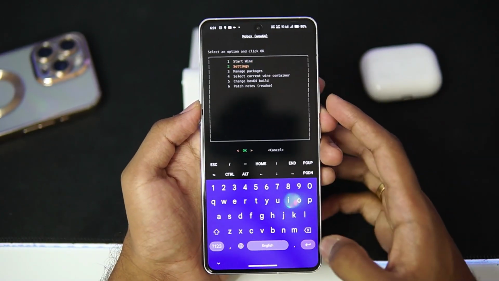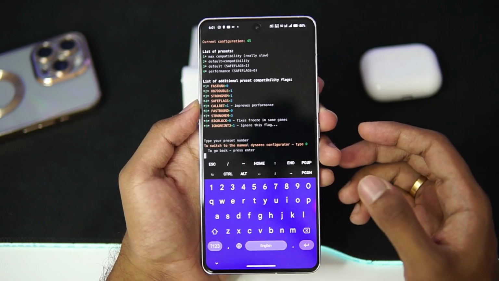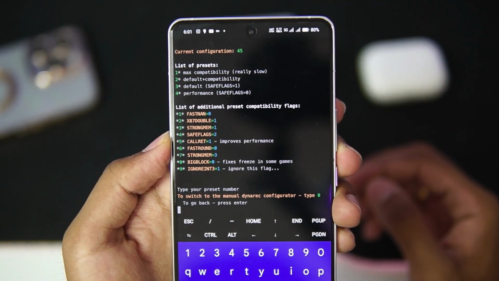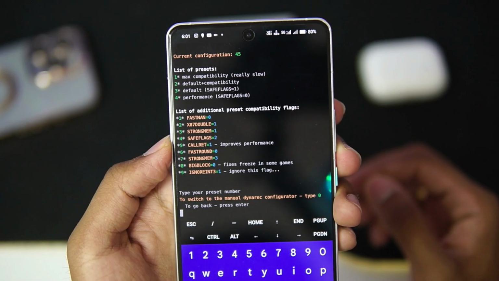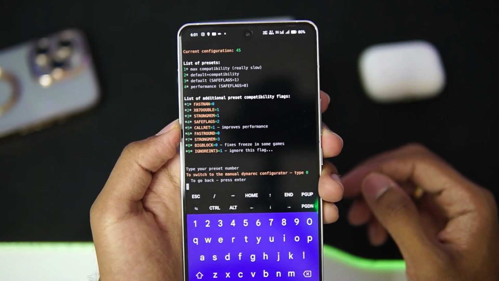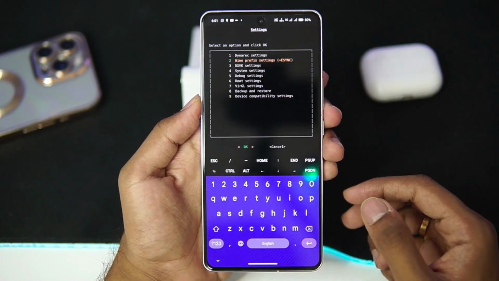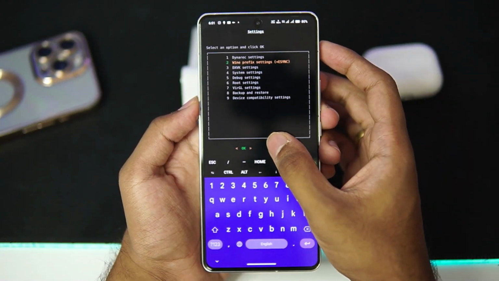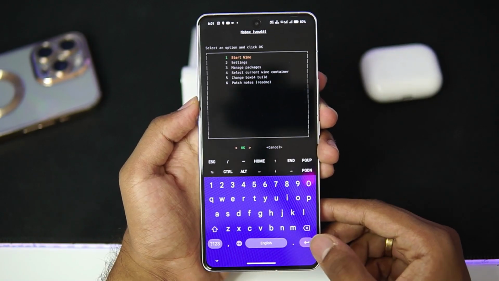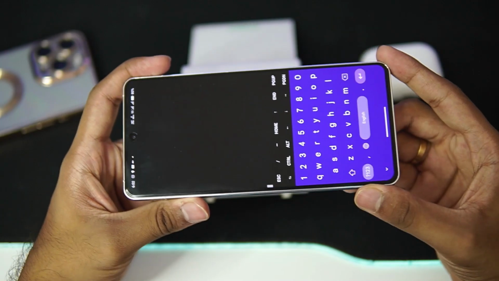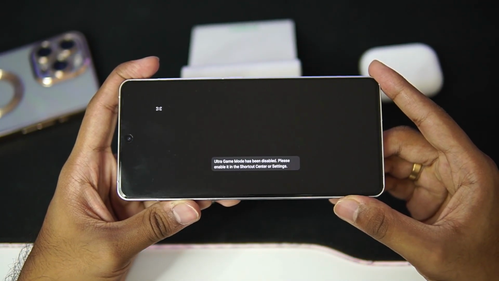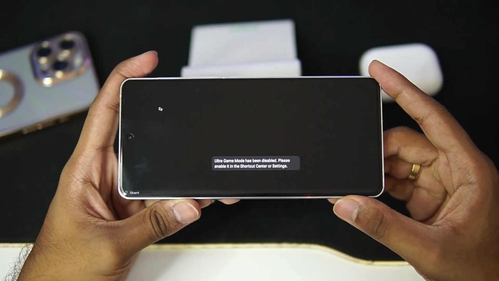With that being said, let me show you guys the settings which we are using inside of this emulator. In terms of current configuration or dynamic preset, we are using the preset 45, which is very stable for performance and also good compatibility. Once that has been done, as usual, eSync will be enabled. And MOBOX Emulator unfortunately hasn't really received any new updates since a very long time, which is a bit disheartening, but I'm guessing that the developer is working on something big for the MOBOX Windows Emulator Android. With that being said, let's just go ahead and start the MOBOX Emulator and see how well it works